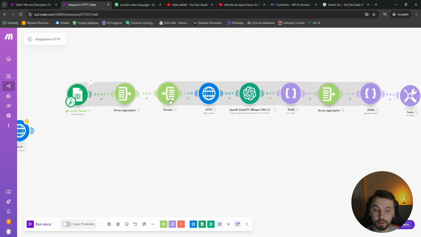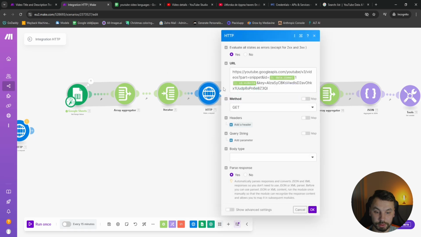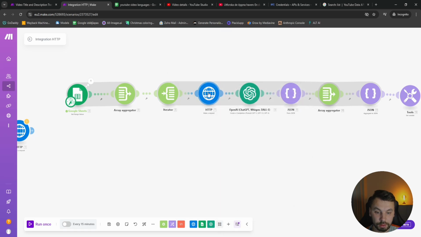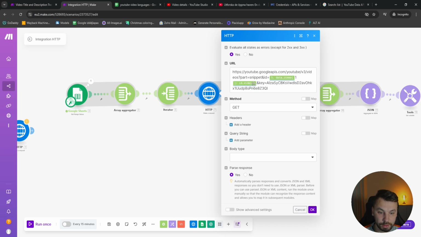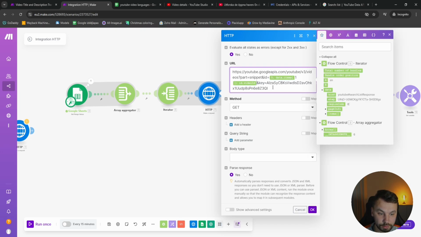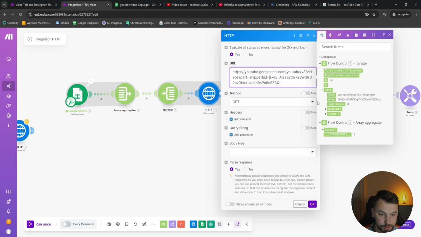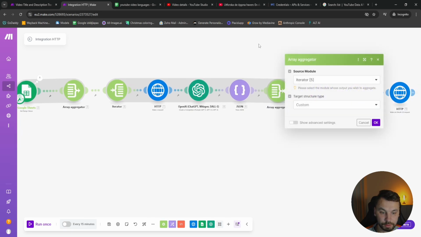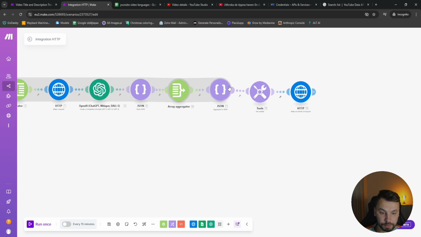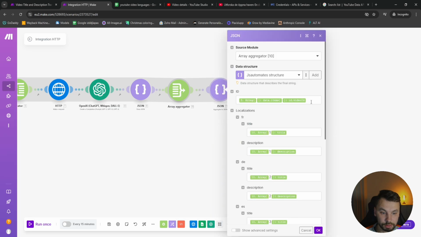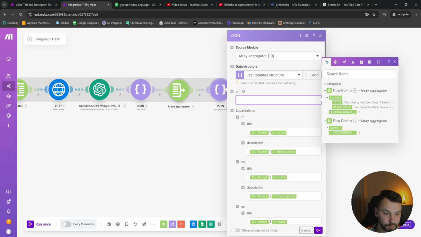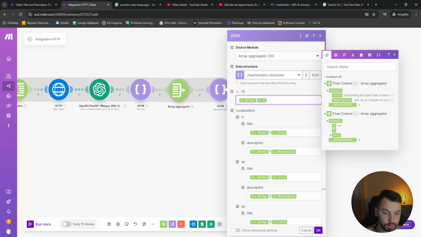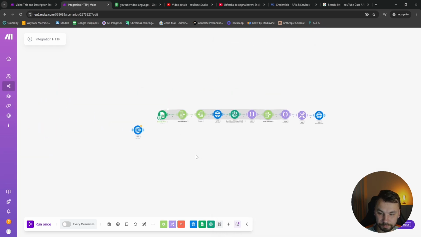So the next thing that we need to do is HTTP. Okay. The video ID is now, we need to delete this one and select from B. B is the video ID. Okay. And nothing else changes except in the aggregate JSON, the video ID we get from B again, B1. Okay, and let's